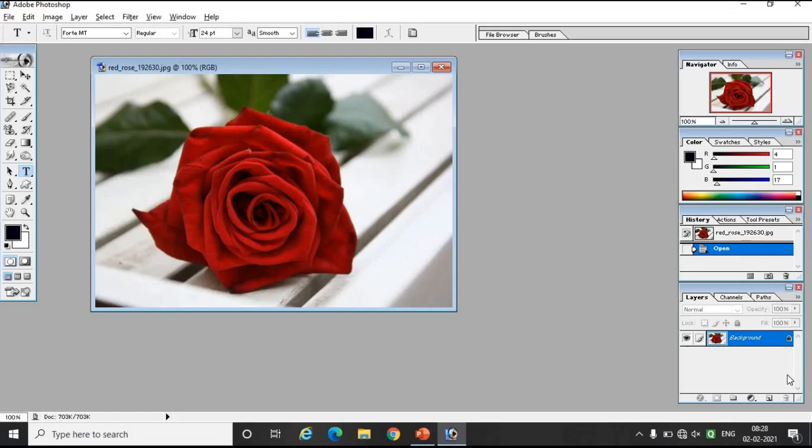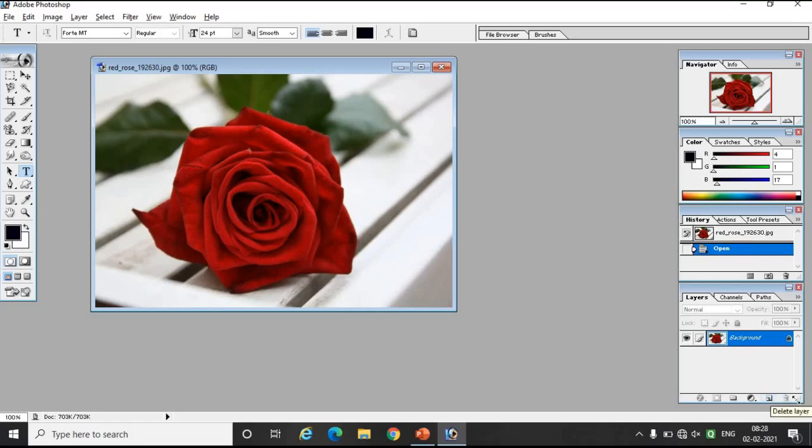After that, if you want to create a new layer with a shortcut, from here you can create a new layer in Photoshop. Okay, this one is used for creating a new layer. Just see here, the icon has changed to a hand, and it is showing at the bottom that from here you can create a new layer.